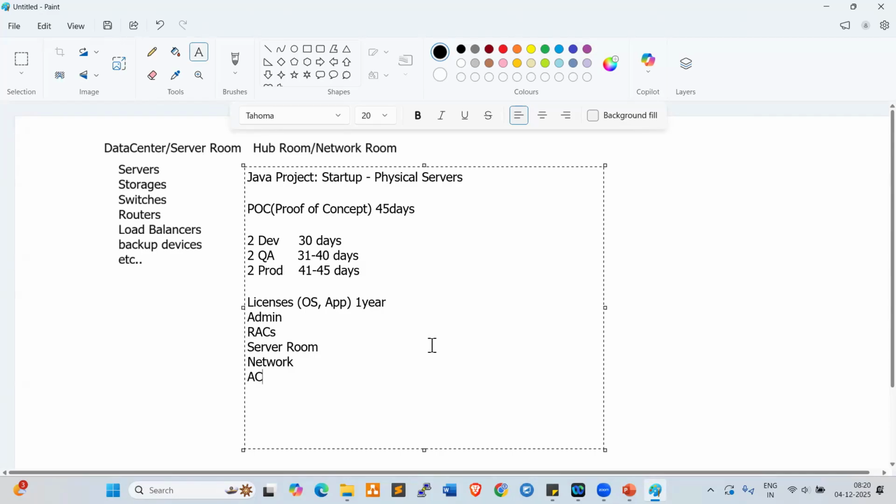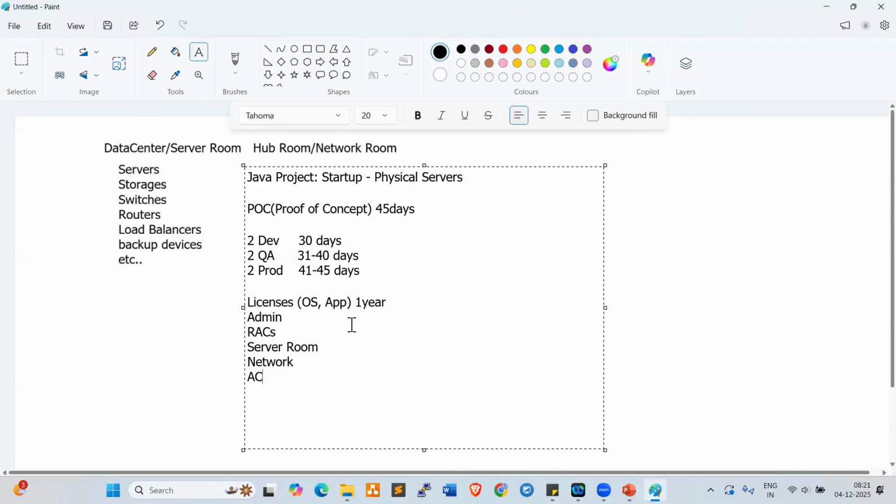If you enter into the data center, you can see minus degrees temperature. In our previous organization, Capgemini, I used to handle the entire data center, right? When I entered the data center, I used to wear my jacket, because of the minus degrees temperature. Only in that temperature will servers run, right? So if you want to configure servers, these are all required.